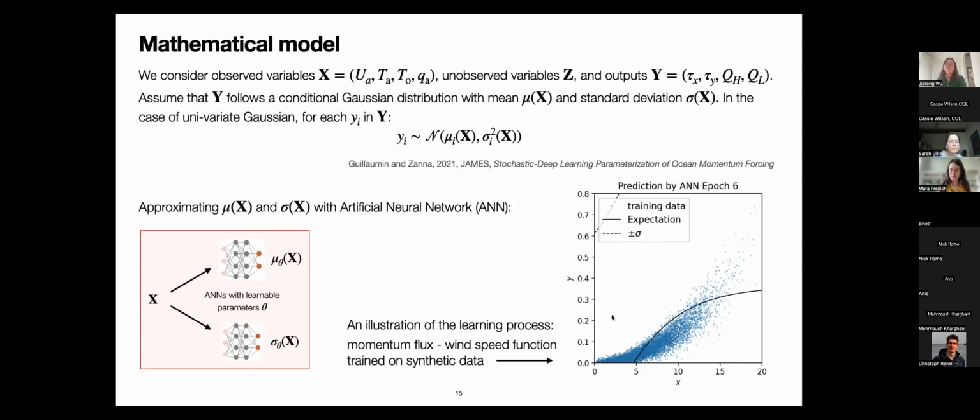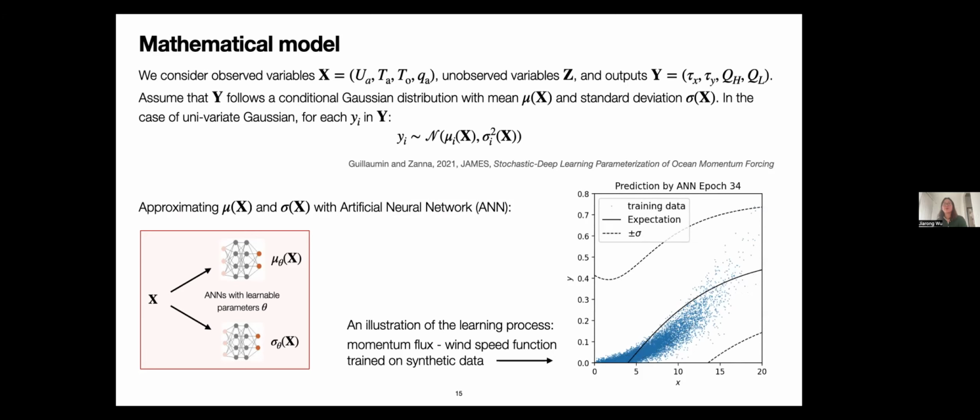This is an animation illustrating how the network learns both the mean and the variance at the same time. This is for 1D synthetic momentum data. I artificially generated a bunch of data, drawing from a distribution of wind speed and using some really simple relation between momentum and wind speed. Just to illustrate, because the variance is easier to visualize in 1D, the epoch is each iteration of gradient descent, showing how the networks are learning both the mean and the variance.